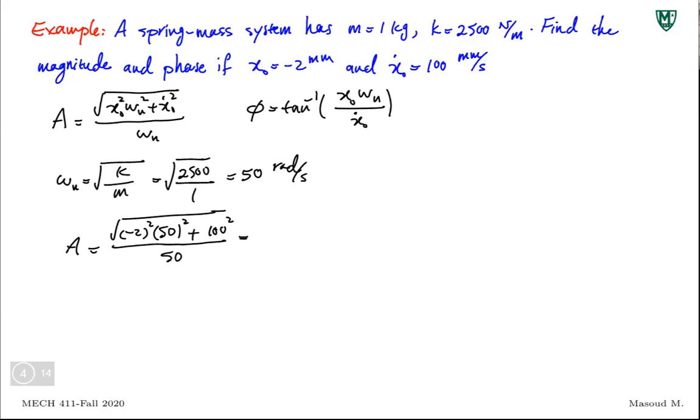So this gives you A. And phi is tan inverse of x naught, minus 2, times omega n, which is 50, divided by 100, and that also gives you phi. So A becomes, hopefully my calculations are right,